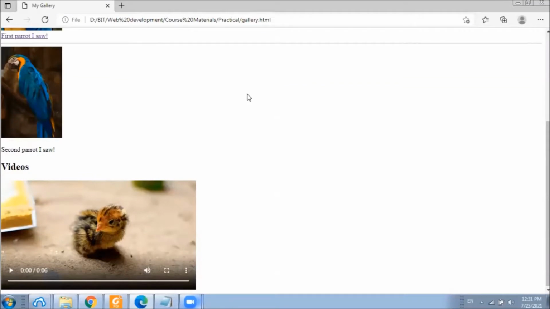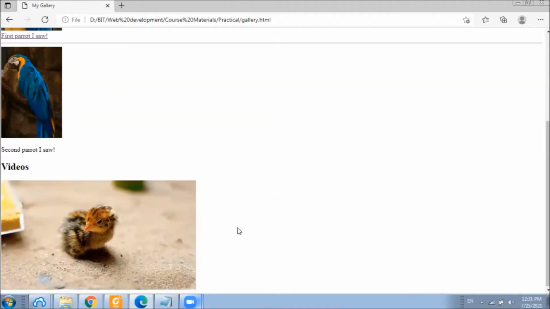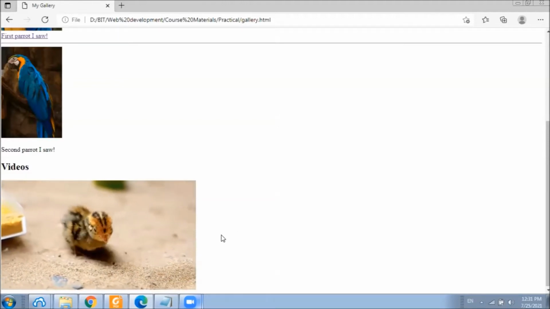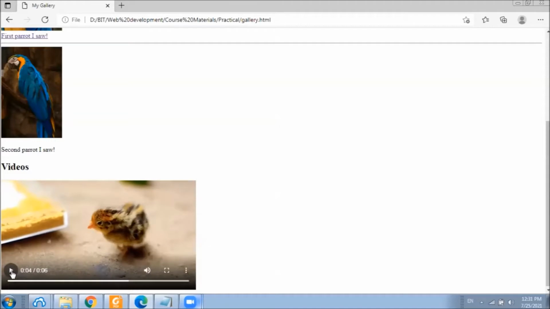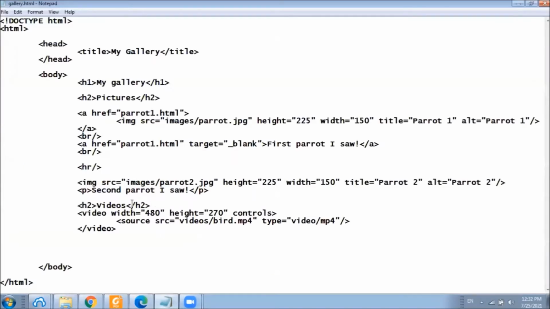Now we have created this page with this video, and when we click this button here, it plays. But we can further customize the behavior of this video by adding a few attributes to this video tag or this video element.